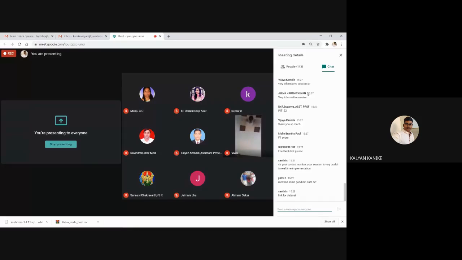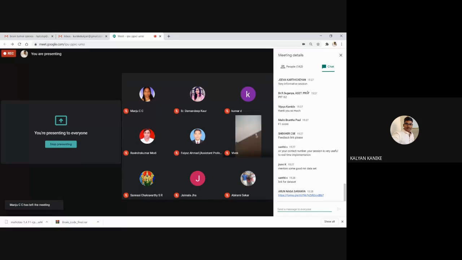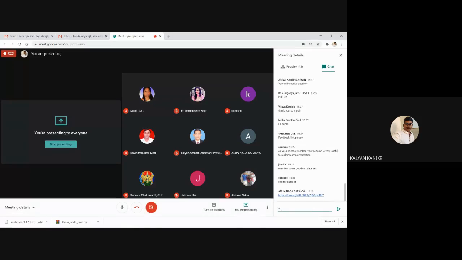Mention some good MRI datasets. Yeah, it's a big question. Generally, for any dataset we need, we can go through Kaggle, one official website. Arun sir shared that feedback link, you can go through that. Here about the dataset I'm saying, Kaggle will be there. Apart from that, we don't have any particular websites.